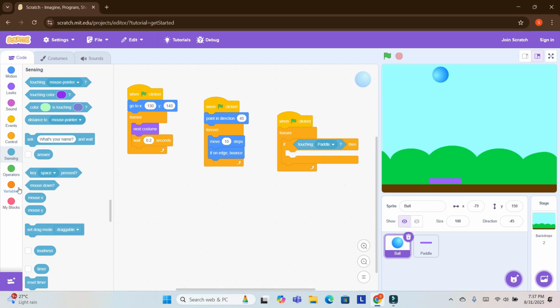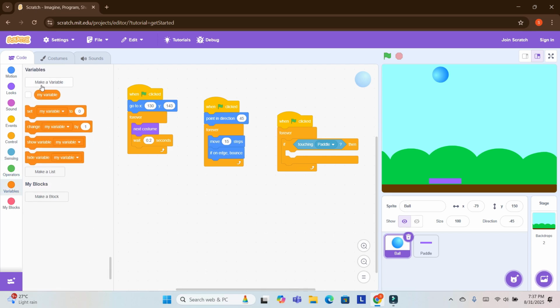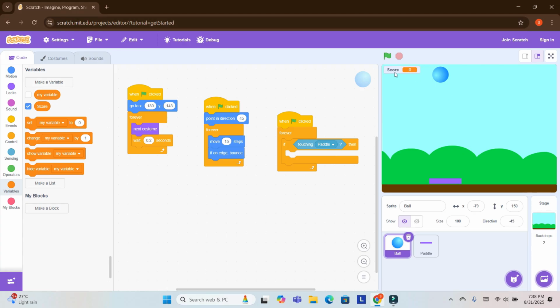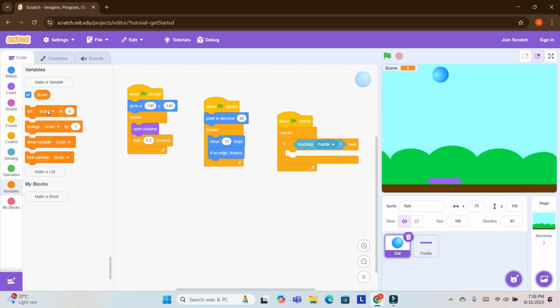Then I will go to variables and make a variable and name it score. And I will put here change score by 1. It means when the ball touches the paddle, the score will change by 1.